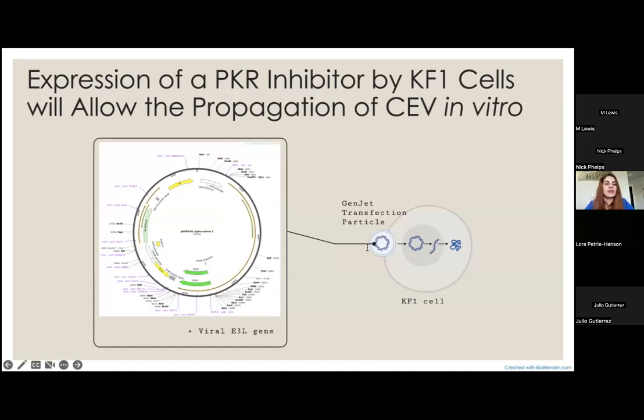Okay, so let's get back to the experiment. To look into whether the expression of a PKR inhibitor by koi fin cells, which are also known as KF1 cells down here, will allow the propagation of CEV in vitro, we have been using a plasmid that contains an EGFP-E3L fusion gene made by cloning the viral E3L gene from vaccinia virus into this pEGFP-N1 vector, which is a